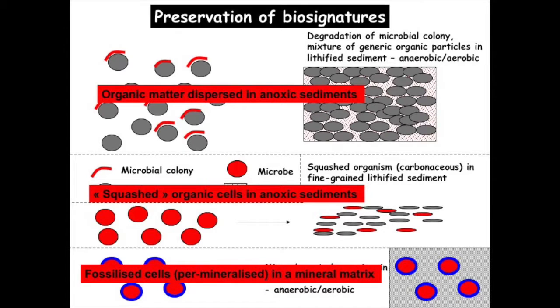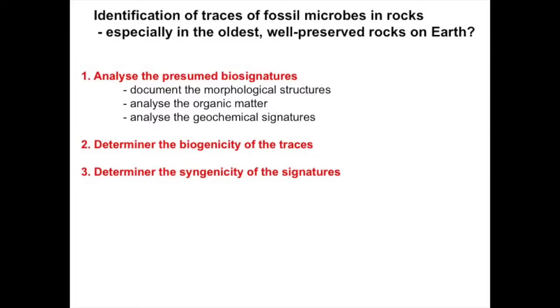The question now is, okay, we know that there are different ways of preserving a signature, organic, metabolic, or physical, of a microorganism. How do we identify it in the rock record, especially when we're looking at the oldest preserved sediments in the world? There are a lot of pitfalls. Okay, analysis of the presumed biosignatures. First of all, we need to document what they are. If there's organic matter there,